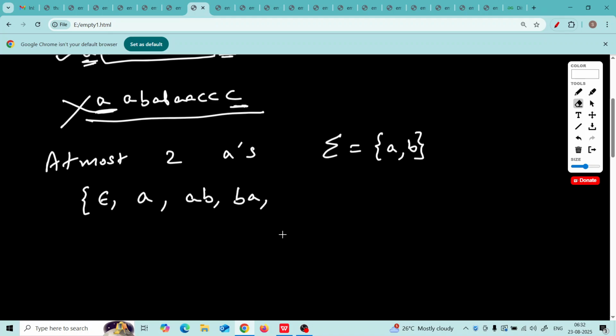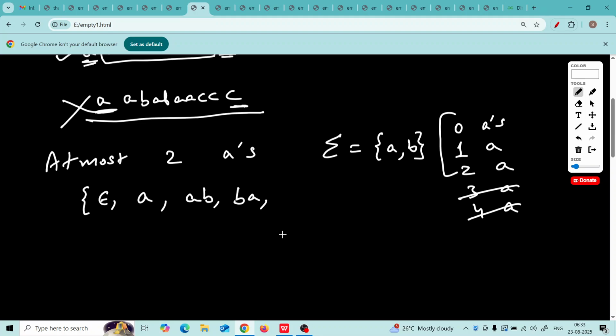At most two A's means what? Not more than two. So check this, 0 A's allowed, 1 A allowed, 2 A's allowed in the string. At most 2 A's, but 3 A's is not allowed in the string. 4 A's is not allowed.